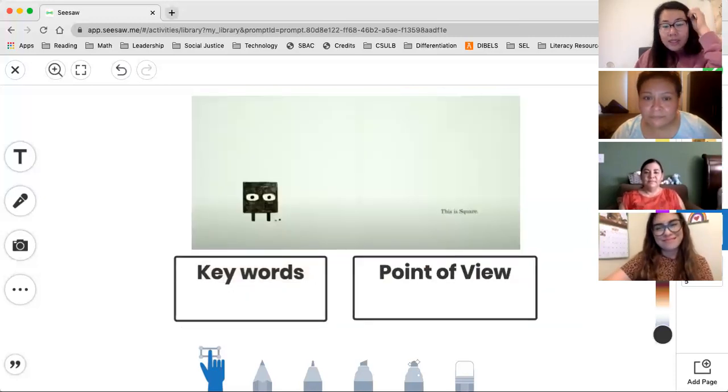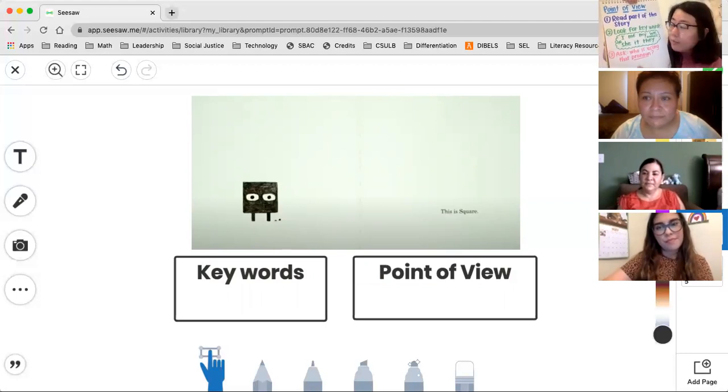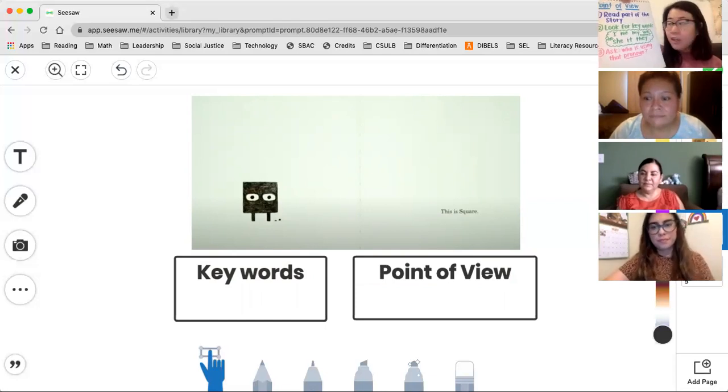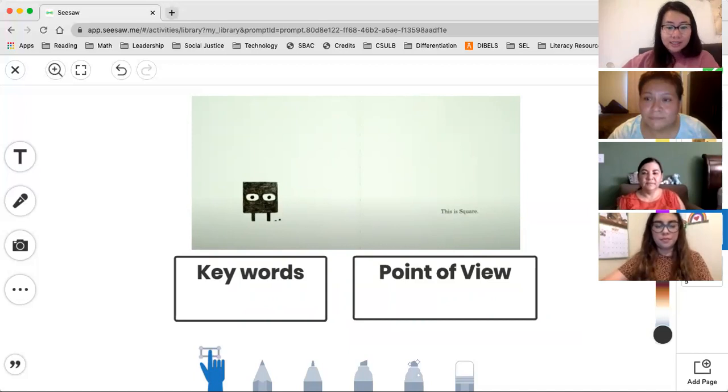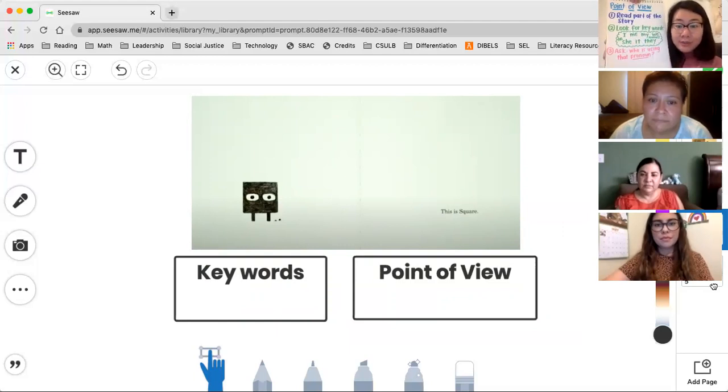Now it's going to be your turn. You're going to use the exact same skill, the recipe card here, and you're going to find out whose point of view the story Square is being told in, using these same 3 steps, okay? So I'm going to read you the text just in case you want help reading that. So the first one is, this is Square, okay? So ask yourself, what are the key words you hear in this one? And this one's only 3 words, so you have very few to choose from. And then ask yourself, who's using that pronoun or that name, okay?